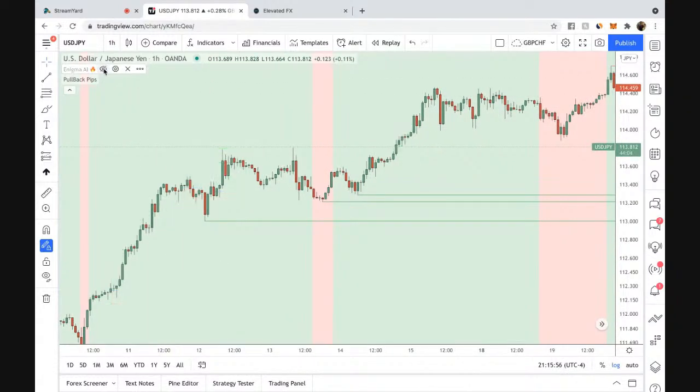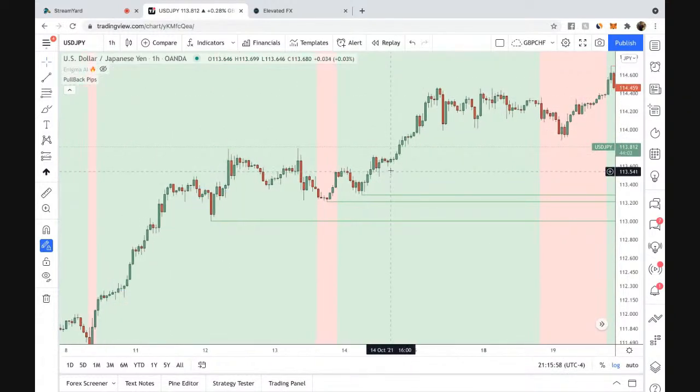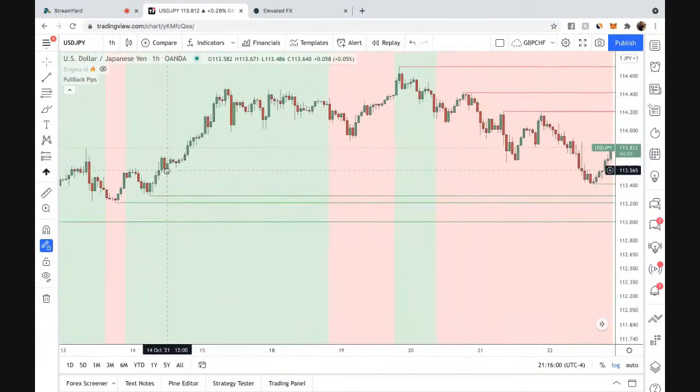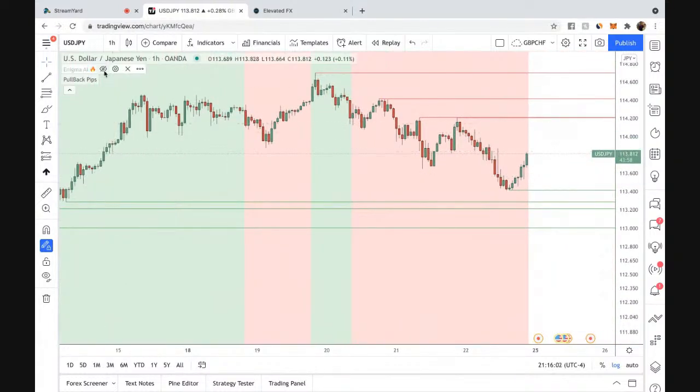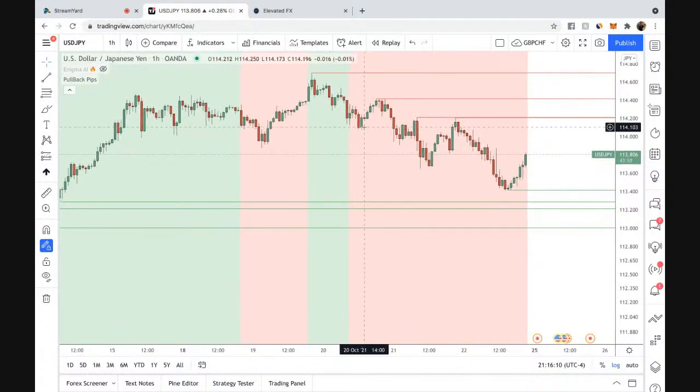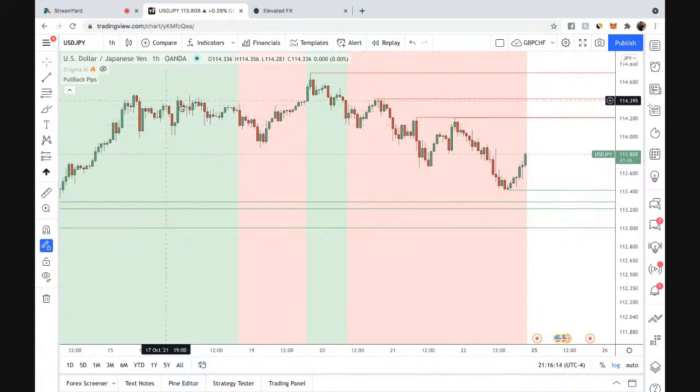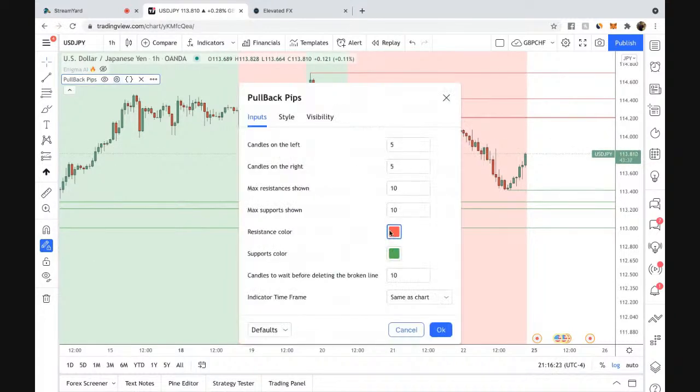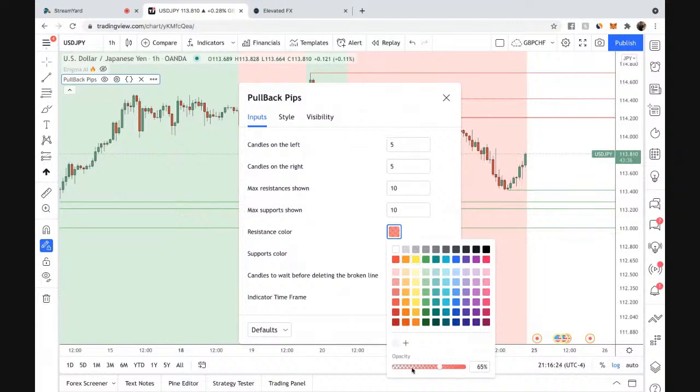So Pullback Pips is an indicator, it's a manual trading system because I'm a manual trader, right? I'm using these automated solutions, but I'm still manually placing these trades. So I want to be able to see what's happening, the bias, the trend, where the key levels of price are, right? I want to be able to show you guys because with this Pullback Pips indicator, you're going to have two main functions you're dealing with. Your bias, which is your red and your green background.